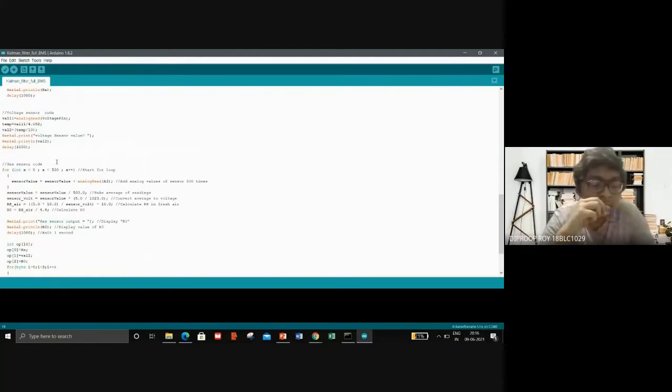Now, to convert the analog voltage received at the analog pins of the Arduino, we know that the Arduino Uno comes with a 10-bit ADC. So what we do here is divide the incoming analog voltages for the temperature sensor and voltage sensor by 5 by 1023, that is 2 to the power n minus 1, that is 2 to the power 10 minus 1, and that's how we get 1023.